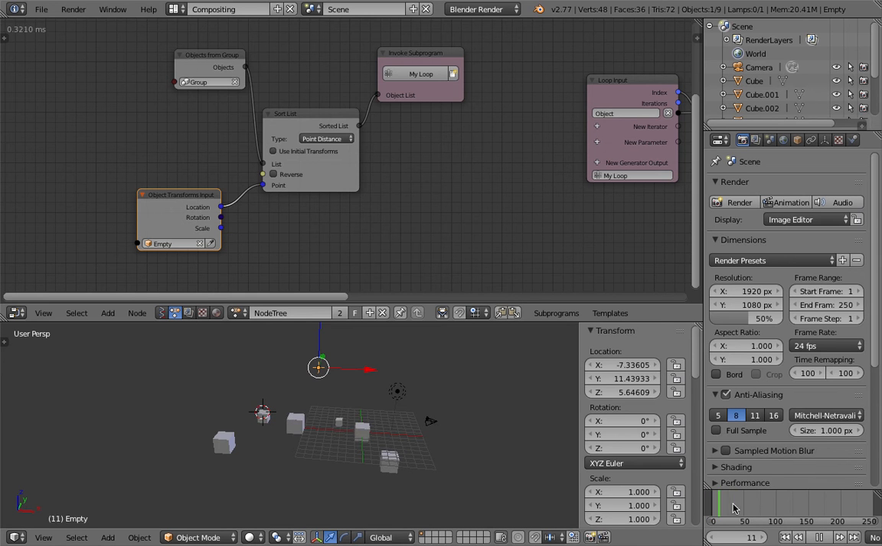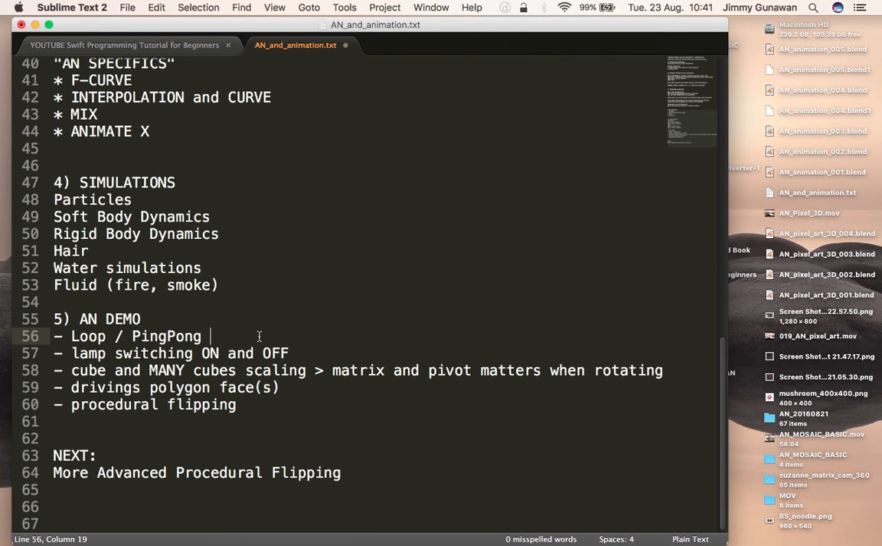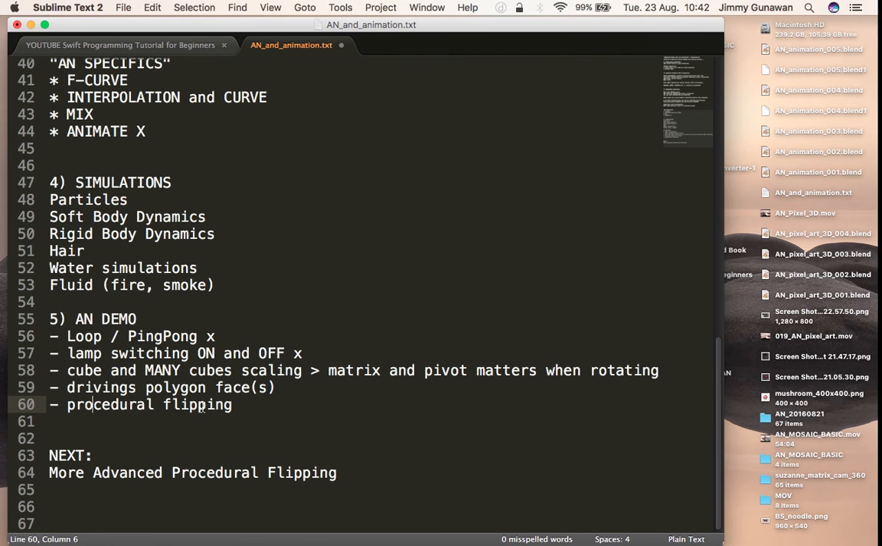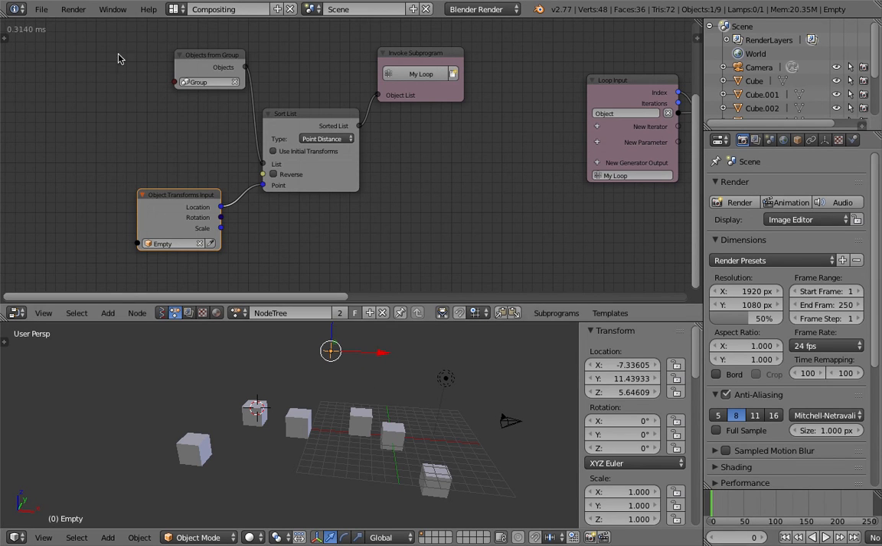Okay, so another concept for you to understand. It's really basic, but yeah. Ping pong done, light switching, drivers, and then matrix and pivot. That's when we are dealing with rotations. For now, I'll skip that. We're gonna do, let's say, procedural flipping. Yeah, that's probably the next thing I should cover, just to close this live noding of